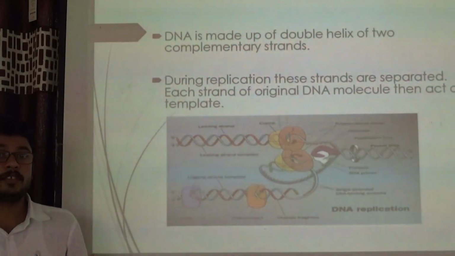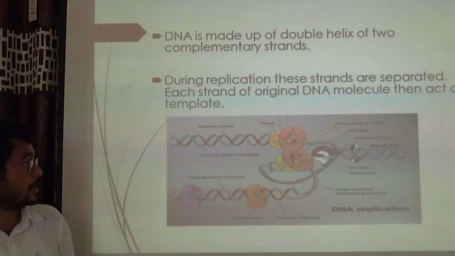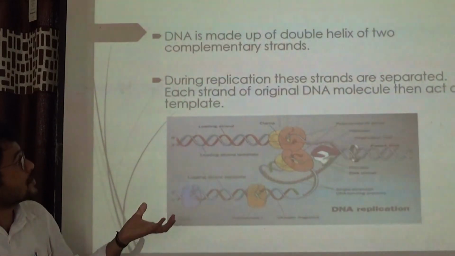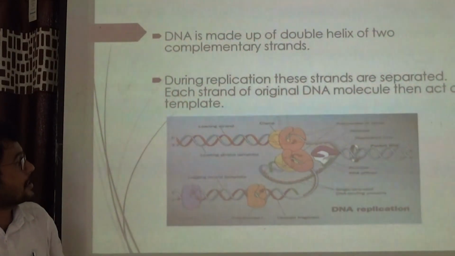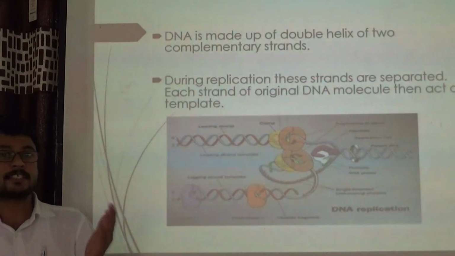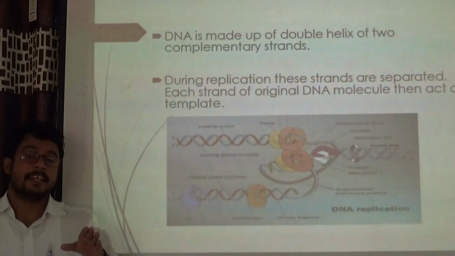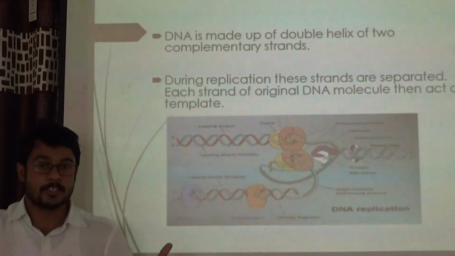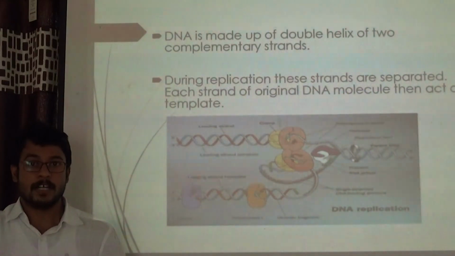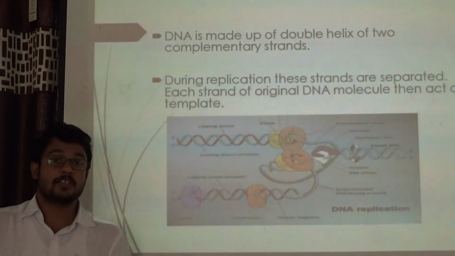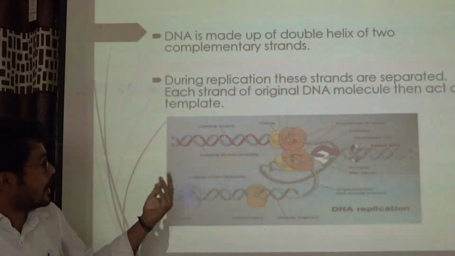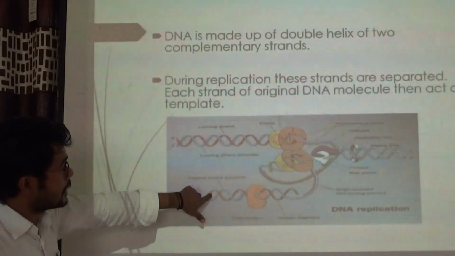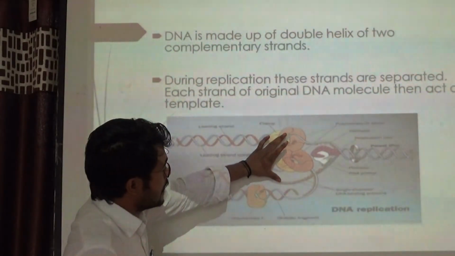We all know that DNA is a double helix structure. The DNA structure was proposed by Watson and Crick. They first made a mistake, thinking DNA replication is continuous on the leading strand, but it's not true. A discontinuous type of replication occurs, with a single strand against a single strand. Here the replication machinery is available.